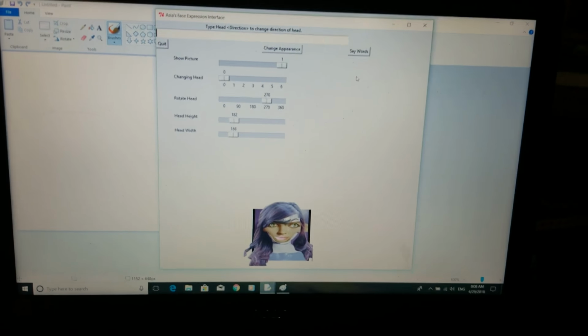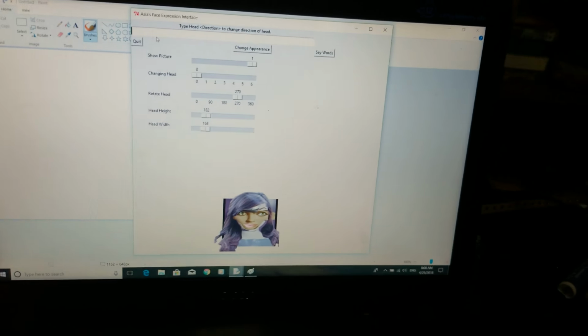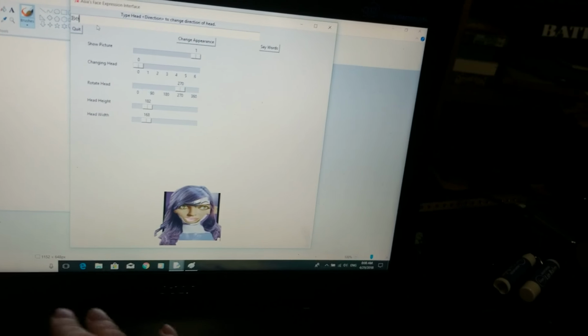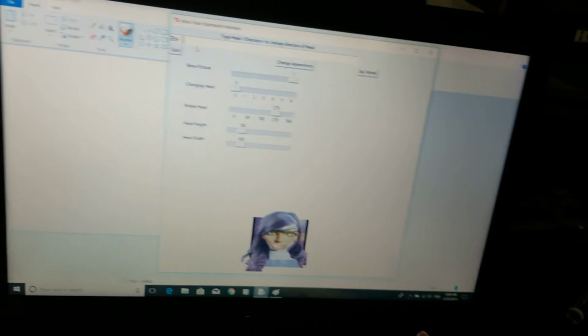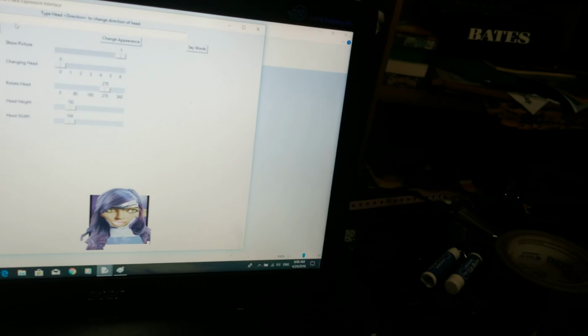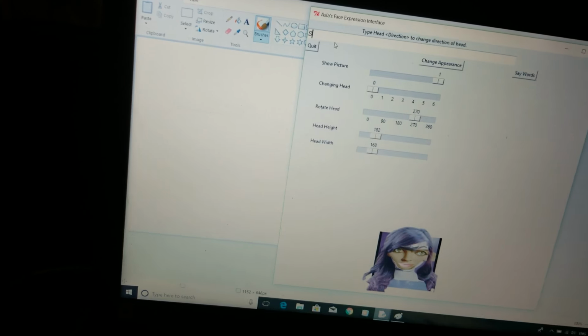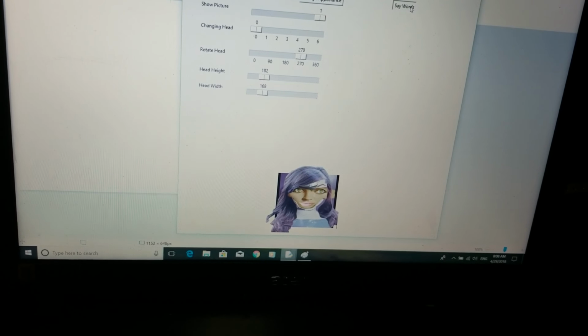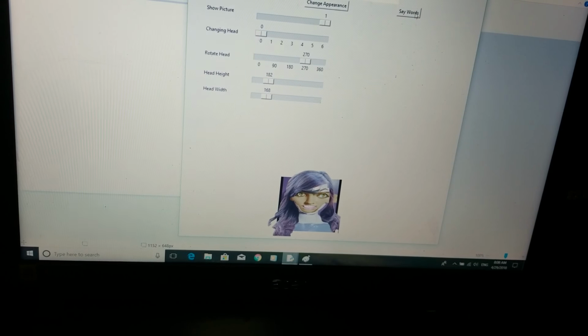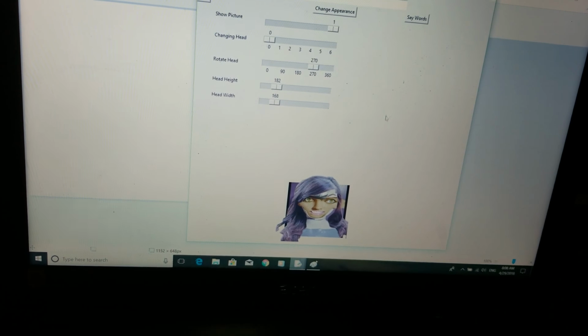Okay. So I made it so it can have emotions. So I changed this. Oh, wrong one. Type in smile. You can see now it smiles, or she smiles, or if I type in